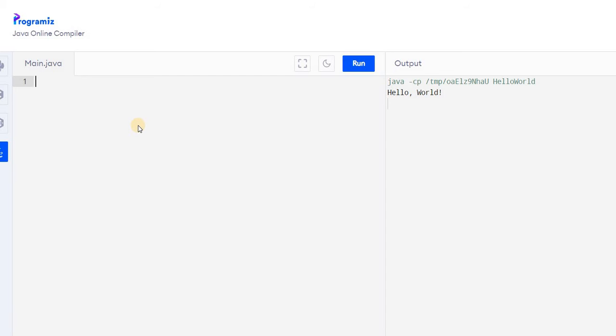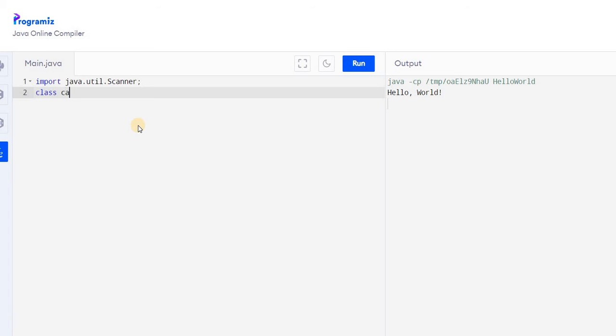If you want to get a number or any input from the user, you have to use the Scanner class. In order to use the Scanner class, you have to import a package. What is the name of the package? java.util.Scanner. Hope all remember this. And now we are going to write the class.